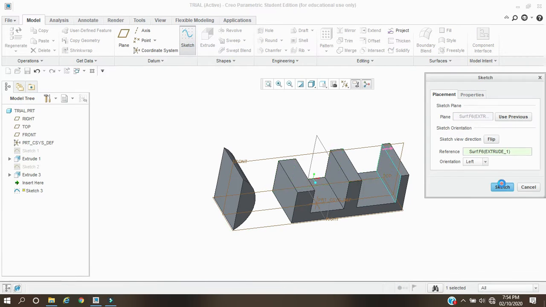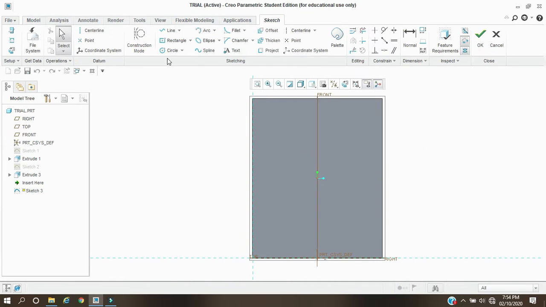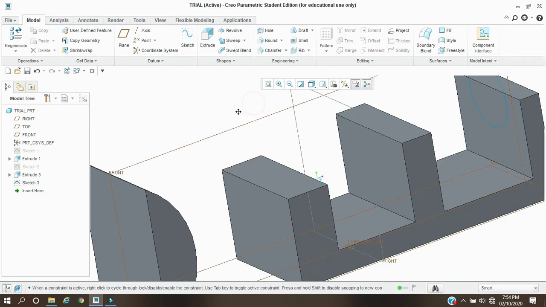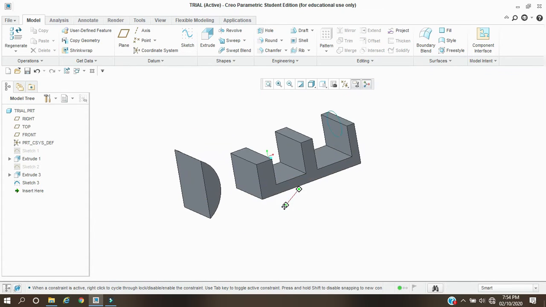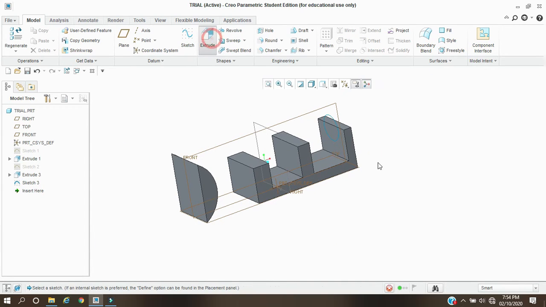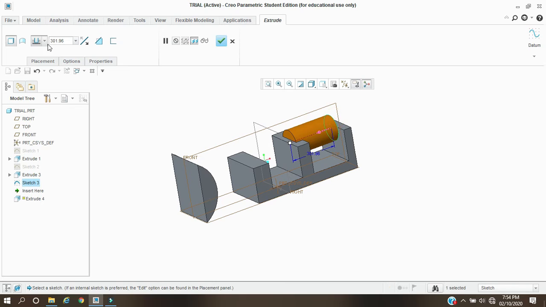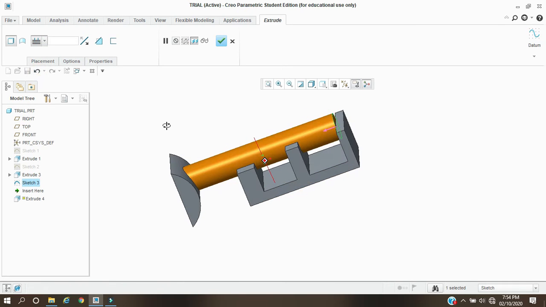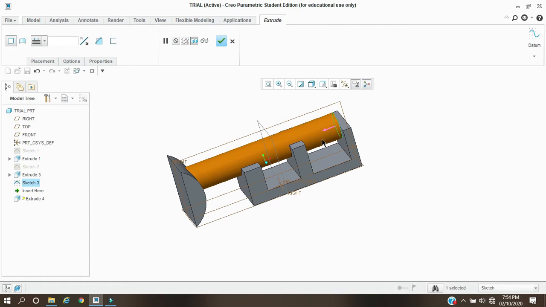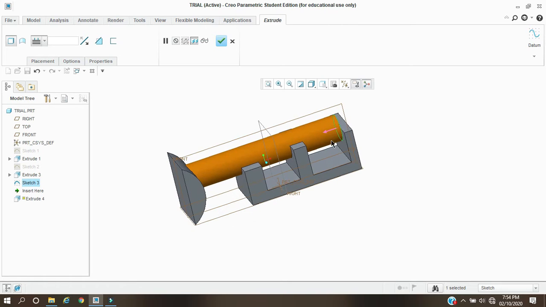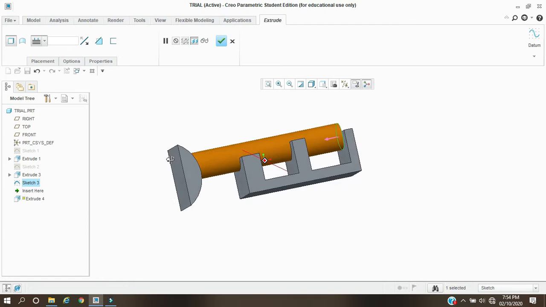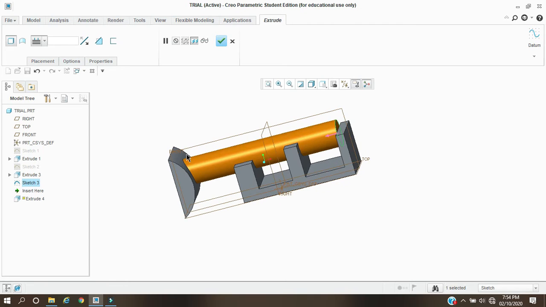Okay, I will draw one more new circle. Now extrude and up to next. For this circle, whatever maximum material is available at that condition, material will get extruded, and the material will get extruded in a circular portion also.